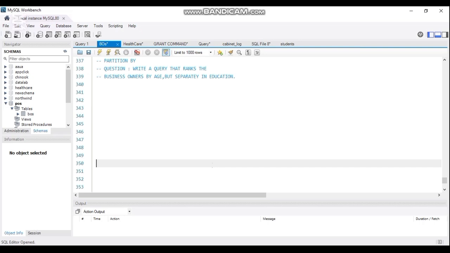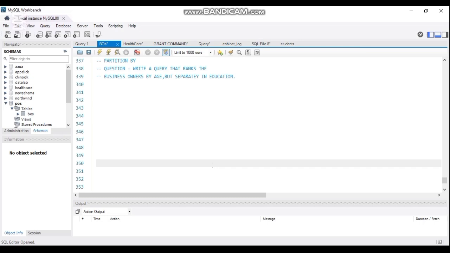Today we are moving to partition by. We are still on our window functions, and now today we are looking at the partition by. Partition by simply means grouping our data